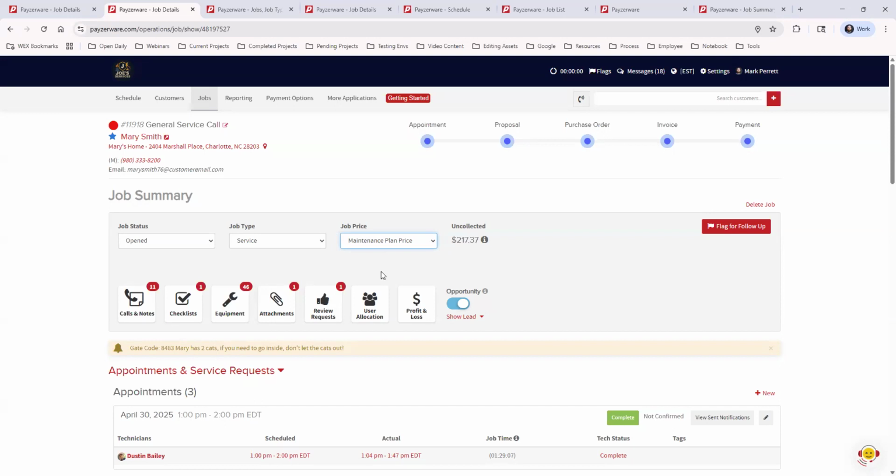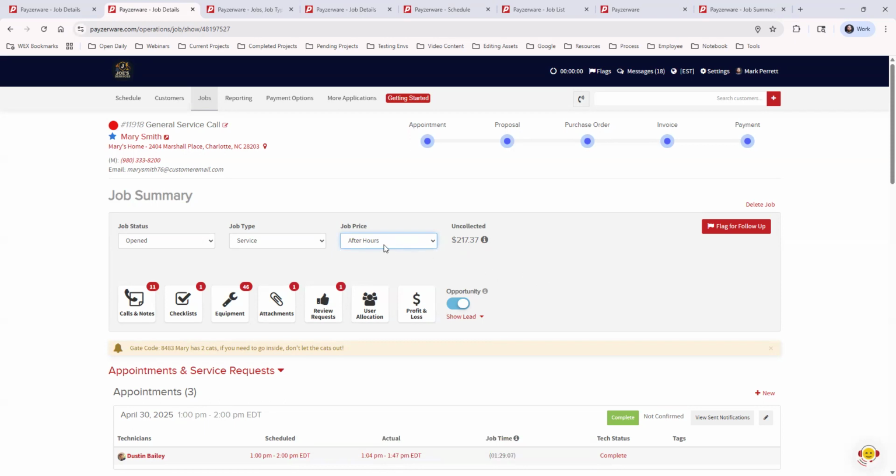So they start as the standard price, then I would add them to a proposal or invoice in this job. And if maintenance plan price is selected, it will give the maintenance plan discount. If I select friends and family, it will use the friends and family discount and apply that to my job forms. And then after hours is actually an upcharge. Maybe you do after hours services and you just select that, and then it will add a percentage to your